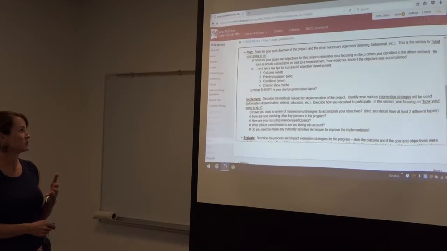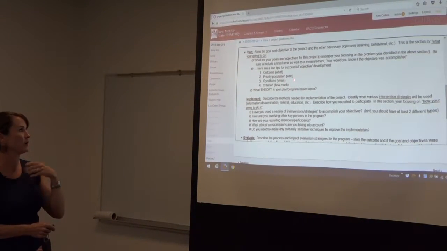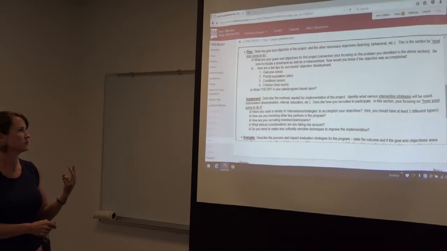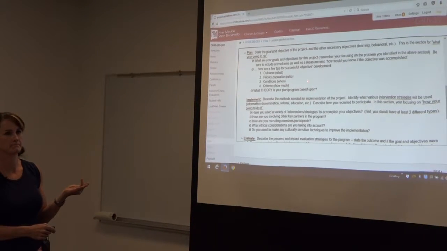So that information, you have to say who's the priority population, because that's going to also help you think about, well, how do you recruit? How do you get that information out? And what type of information do you give? So if you're conducting 2 one-hour workshops regarding flu vaccination schedules for parents within the Mesilla Valley area, and then